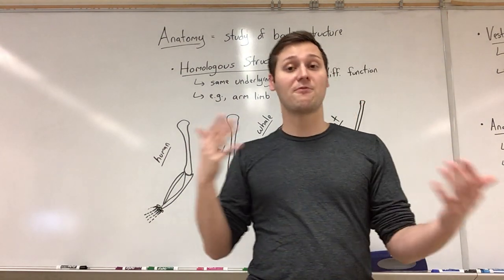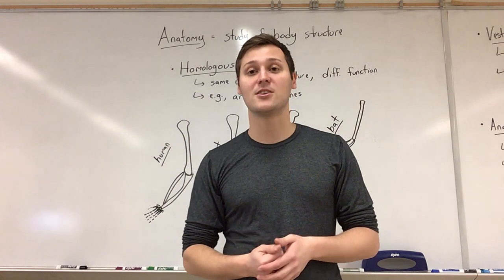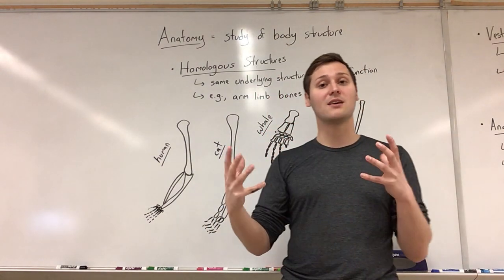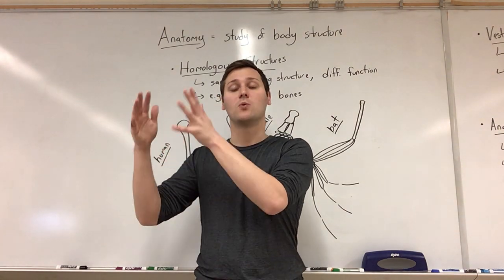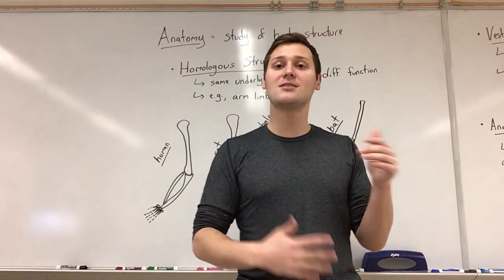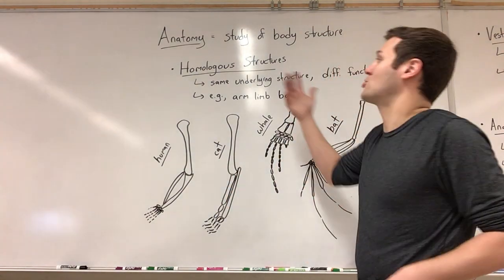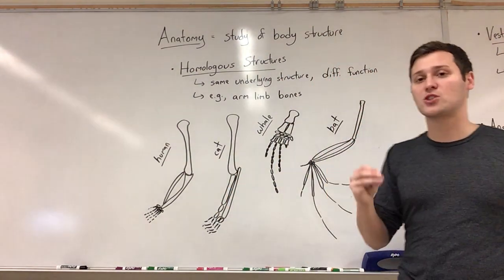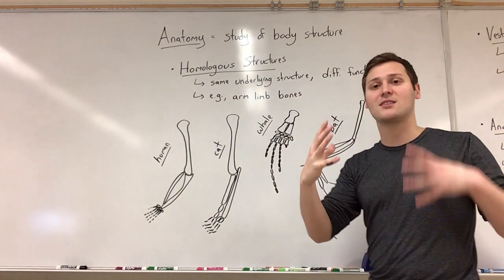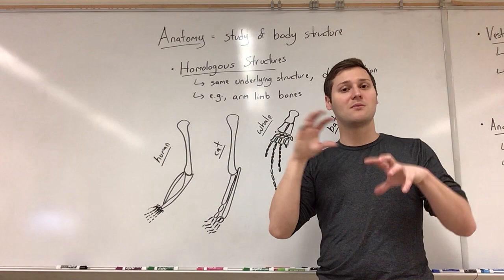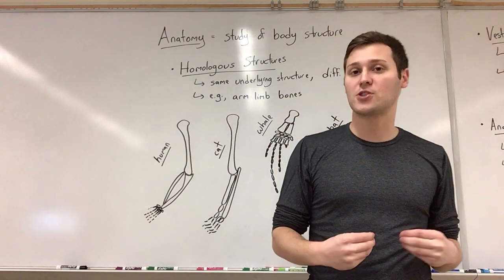And so there's a field called comparative anatomy. You could actually maybe take this as a class in college. But comparative anatomy compares the structures within one organism, one species, with the structures of another. And what we see when we compare anatomies of different species is homologous structures. So homologous structures serve as evidence for evolution. Homologous structures are basically when two organisms of different species have the same underlying structure, but they